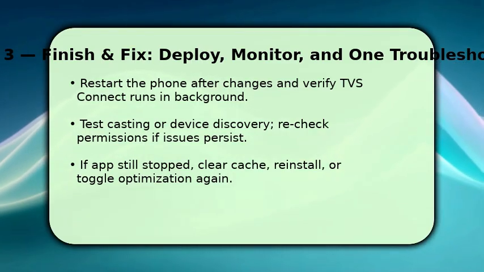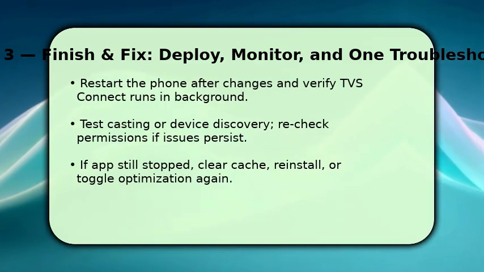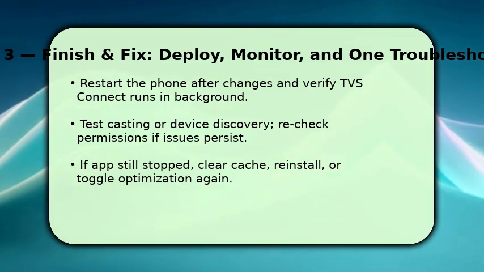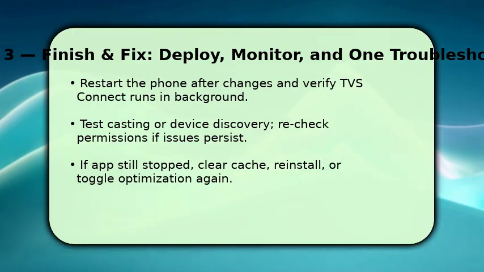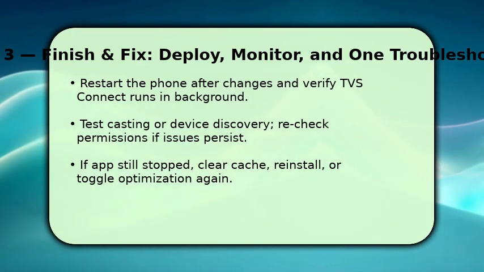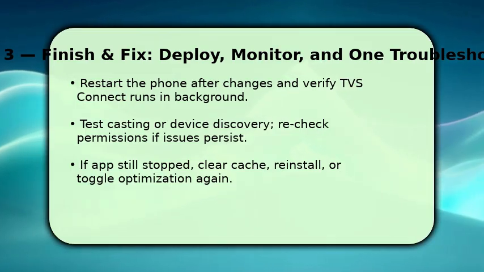If something fails, clear the app cache, reinstall TVS Connect, and repeat the Don't Optimize step. Sometimes the setting doesn't stick. One key troubleshooting tip: check battery saver profiles and reset them, because a profile can re-enable